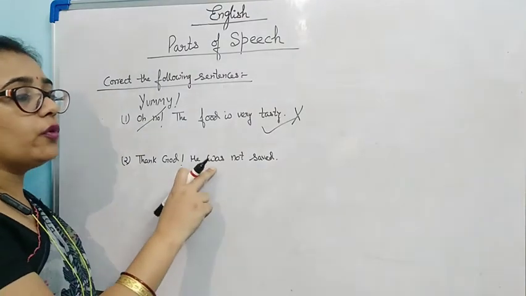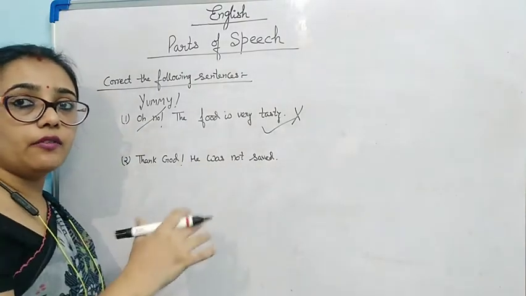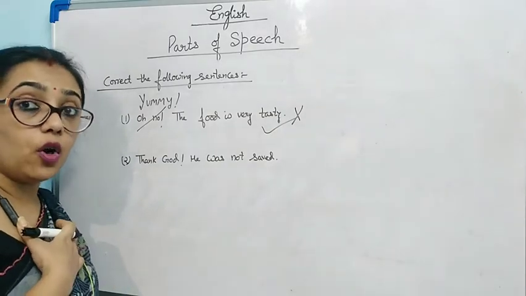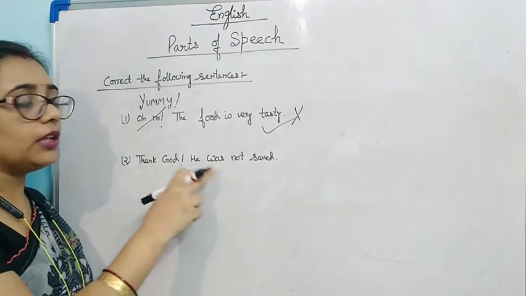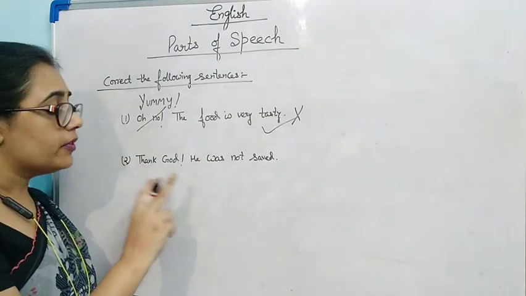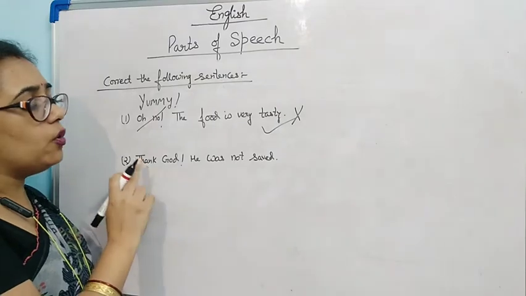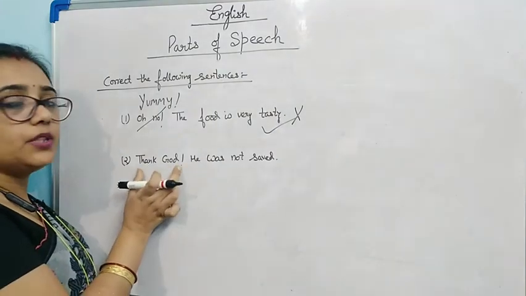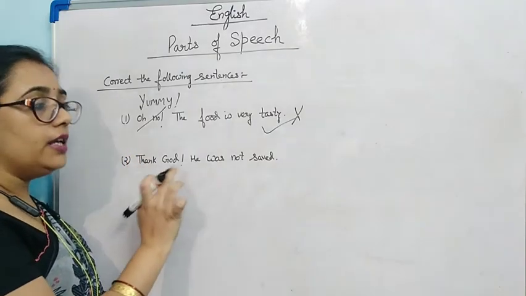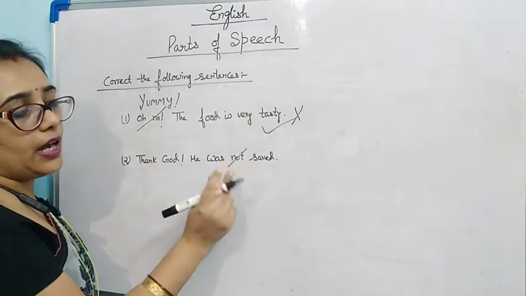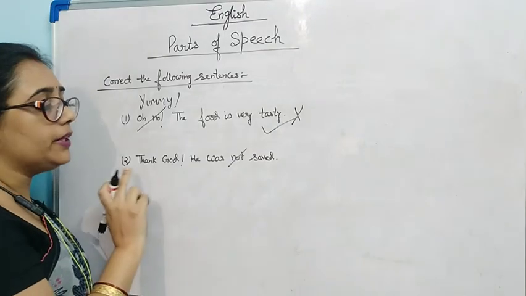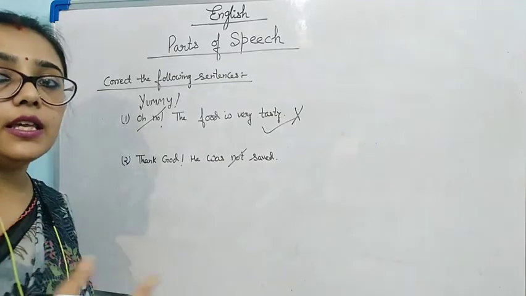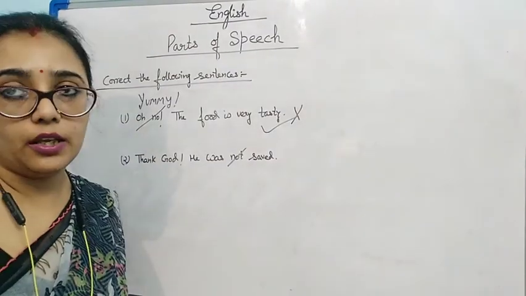Thank God he was not saved. If someone dies or if someone is having any problem, we will say thank God. No, they both are what? They both are oxymoron. Okay. So, how we will say? Oh no, he was not saved. Okay. But if I want to keep this constant, thank God he was saved. I will just remove the not and it will be thank God he was saved. This is also a way how to see what part of speech we are using.